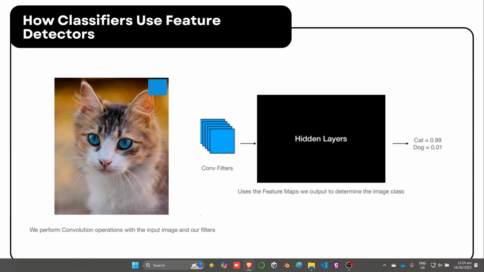As I discussed earlier, we know this is a cat, but how do we know? Because we see patterns, and our brain combines all of those little features we're seeing in the cat and automatically associates that it is a cat.